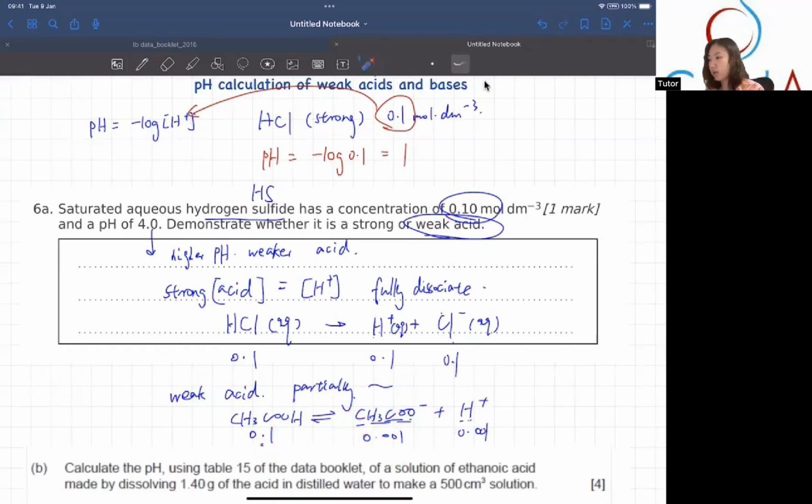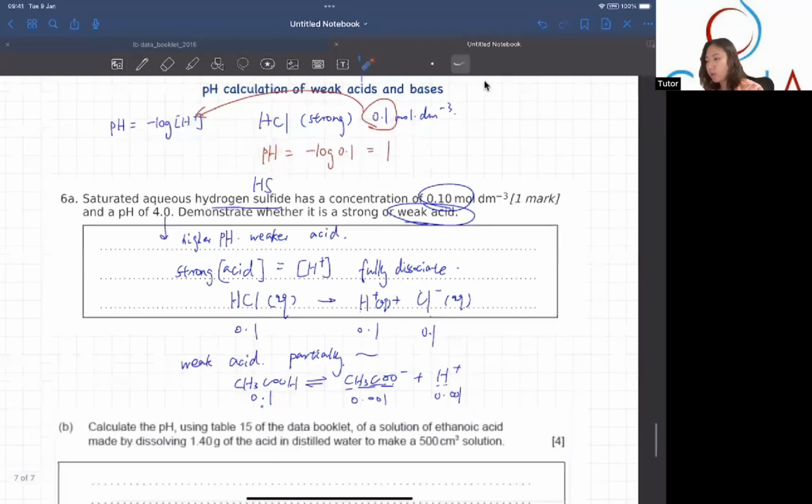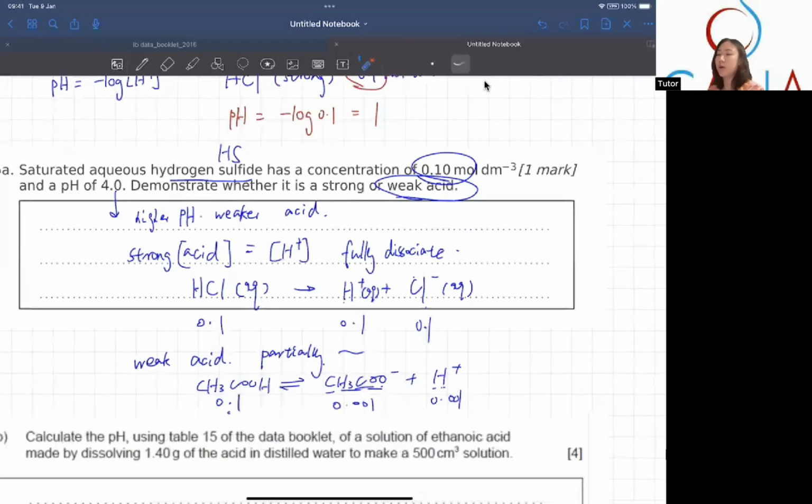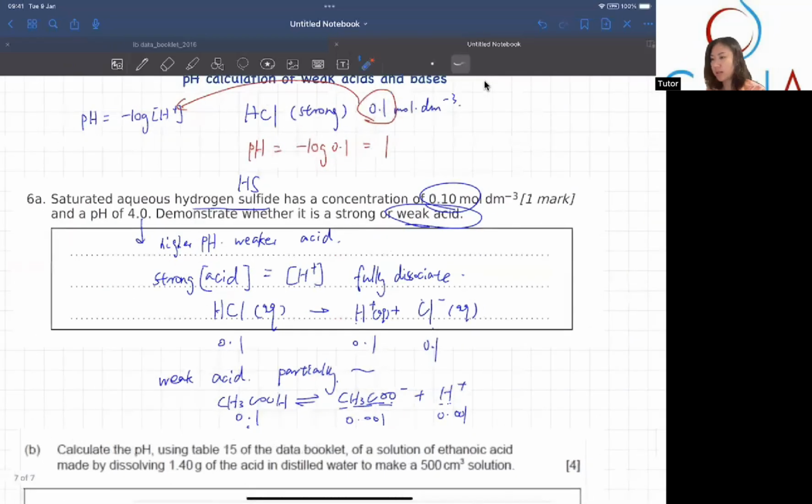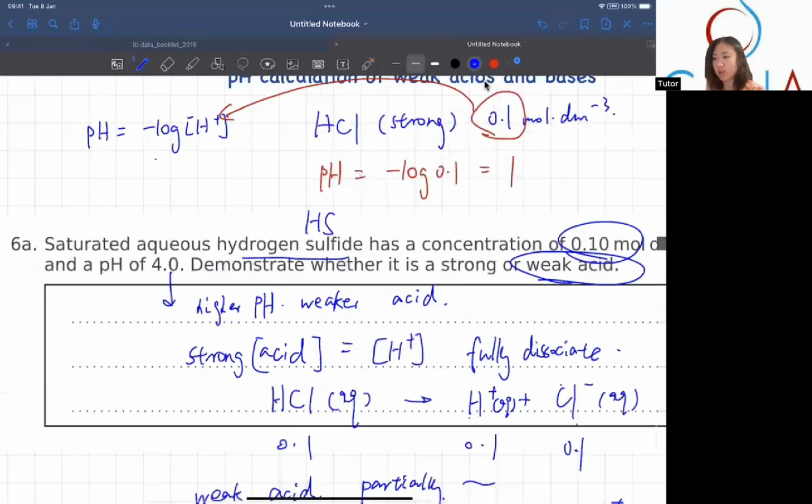So we can deduce back the concentration of the hydrogen ion in this acid because we know the pH. Since pH is equal to minus log [H+], then [H+] will be equal to 10 to the minus pH. So in this case, it should be 10^-4